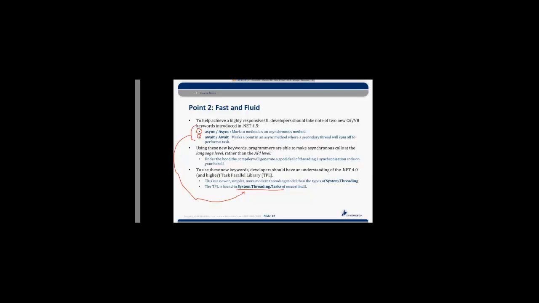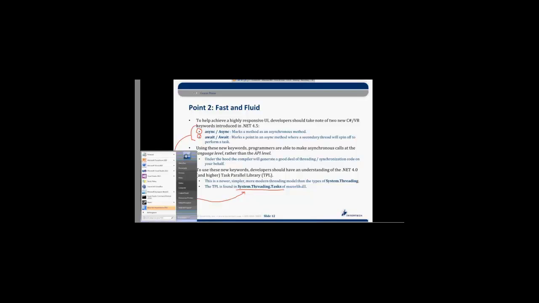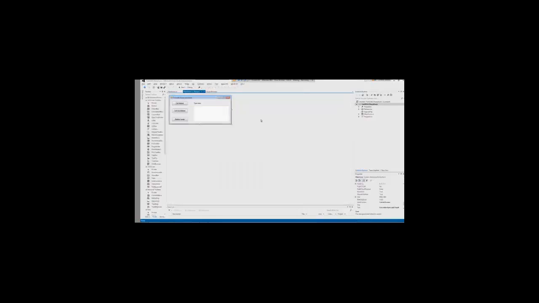Let me actually flip over to Visual Studio again and just give you a little taste of how these new keywords can really help build out. And this is not something which is just for Windows 8, by the way. Remember, I'm running Windows 7, so I'm going to actually run a program right now that'll run under Windows 7. It would also run under Windows 8. But I'm going to tap into some of these new keywords here.